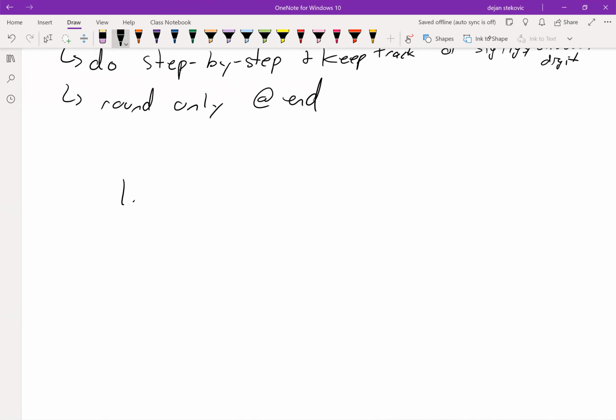So here we'll have 1.583 times, in parentheses, 10.57 minus 7.4, right? So we're going to do each one of these operations step by step, and then we're going to try to keep track of our sig figs. According to your algebra rules, you're going to do this subtraction here first. And so when you type that into your calculator, you will get the answer of